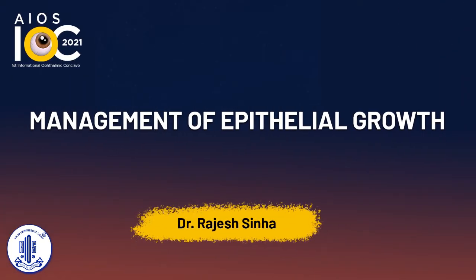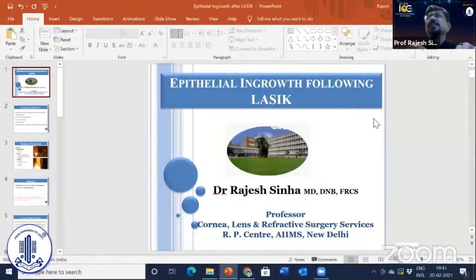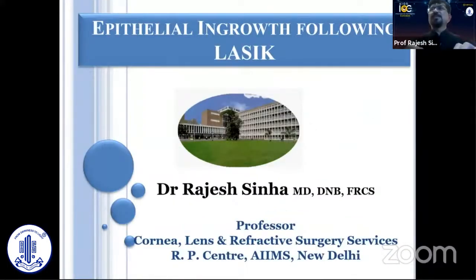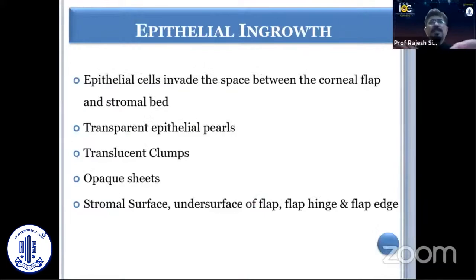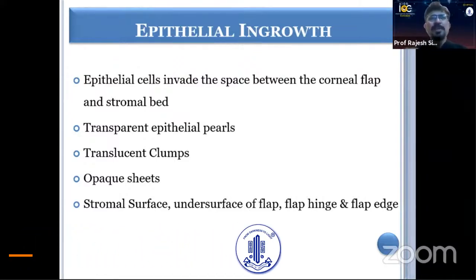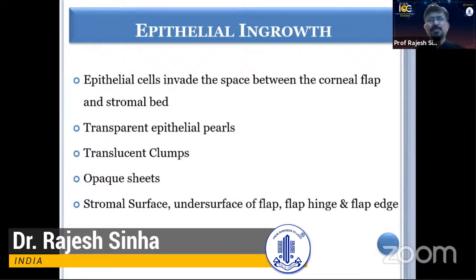I'll be talking about a complication which is often seen after LASIK, although it has been reported after SMILE as well. And it is epithelial ingrowth, which occurs because the epithelial cells invade the space between the flap and the stromal bed. So it lines the stromal surface, the undersurface of the flap, the flap hinge, and the flap edge, and it can be small transparent epithelial pearls to translucent clumps to opaque